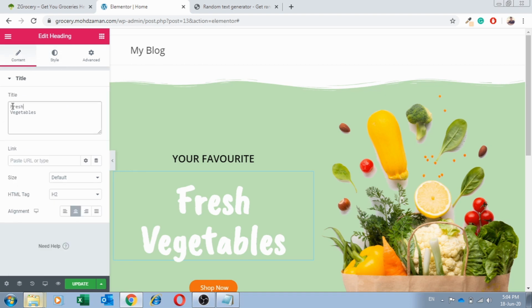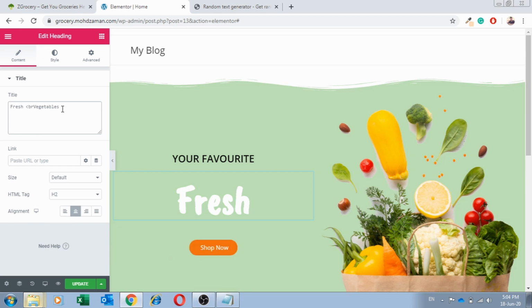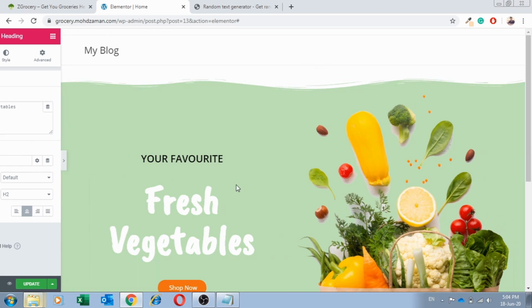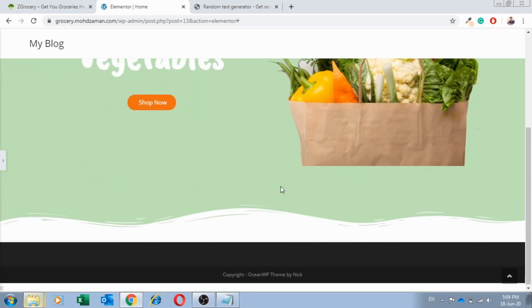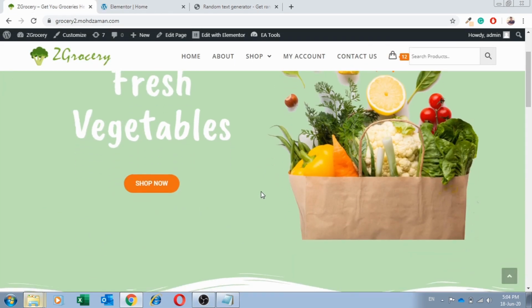Over here you'll see that fresh is written on one line and vegetables is written on another line, but this is not going to work. In order to make it appear on the very next line, there's a small piece of HTML code we can write, which is BR in brackets. Now it is going to appear just the same. See,